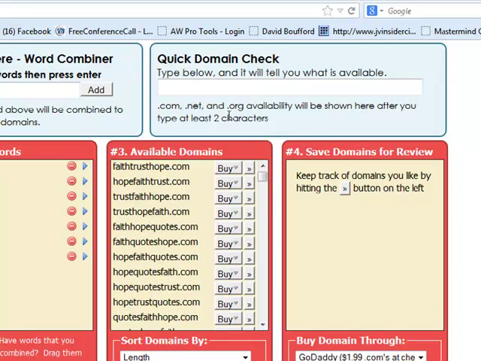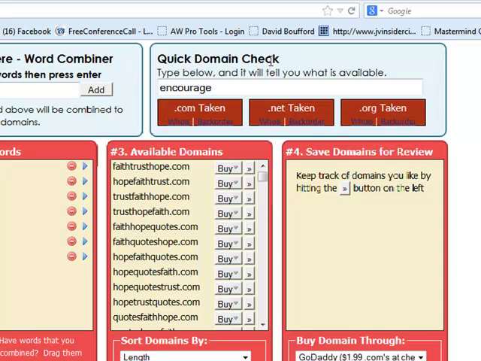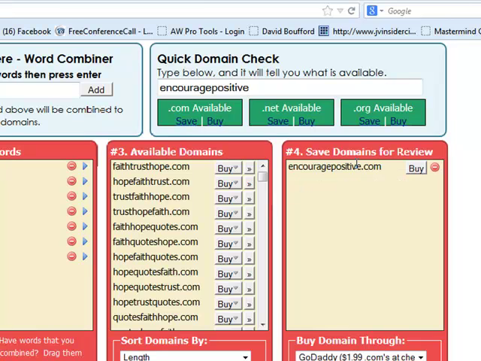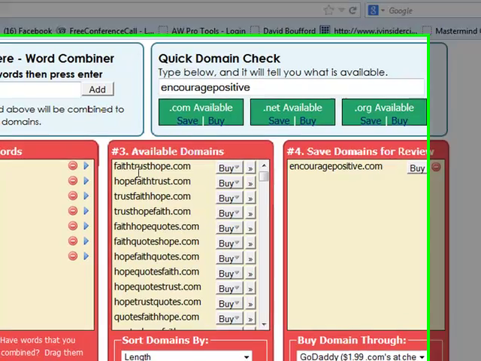Now if you know the name you want to check, you just go up here to quick domain check, and let's say encourage positive, something I like to do every day. It's available. So you can hit the buy button here, or you can say save it. Now it'll save it here, and then you can look at the other ones, right? And you can say, okay,